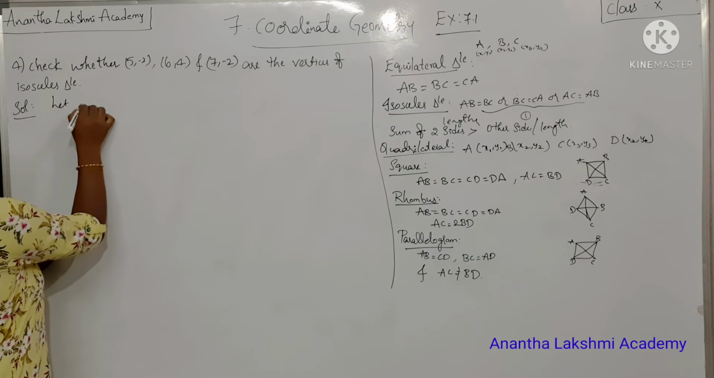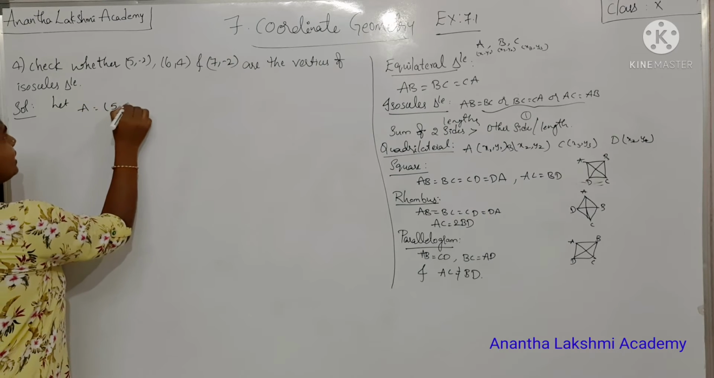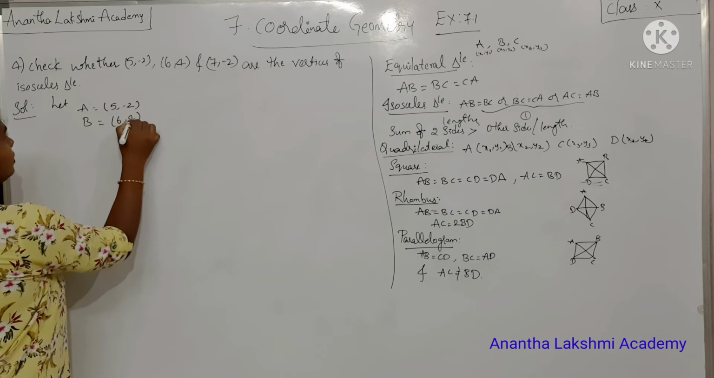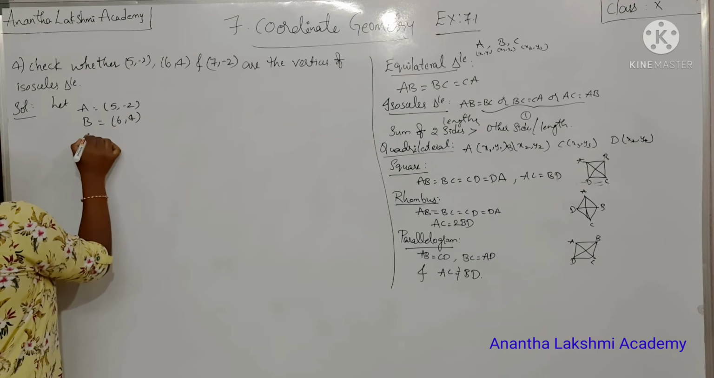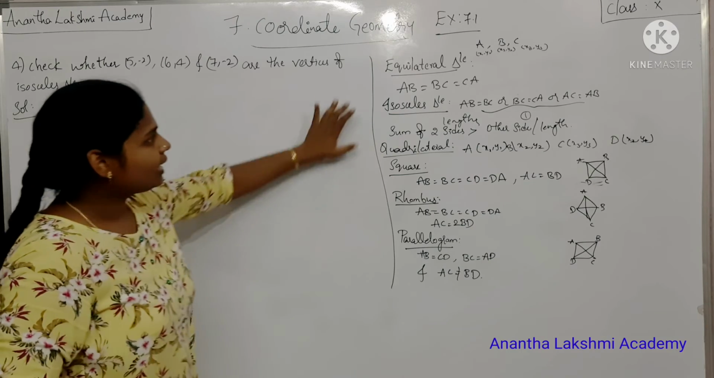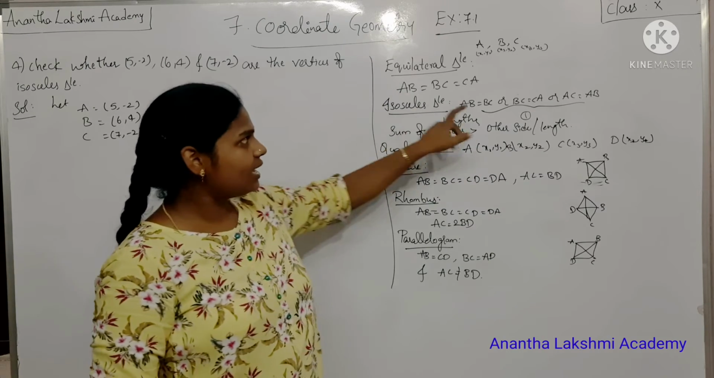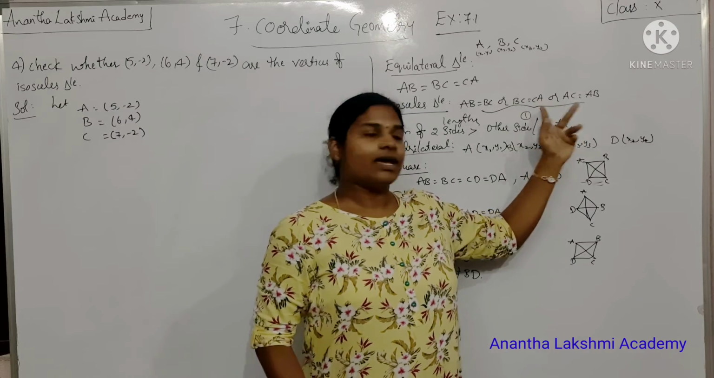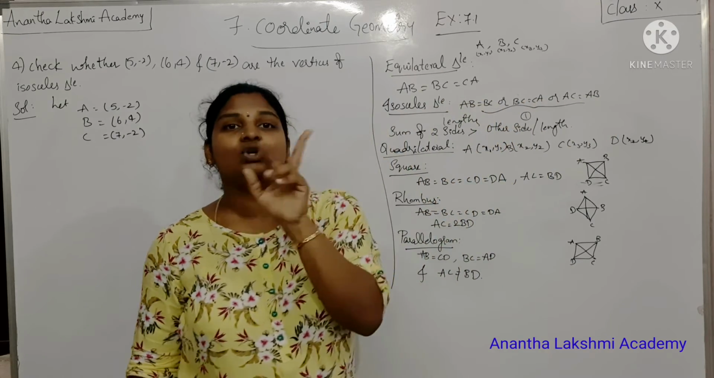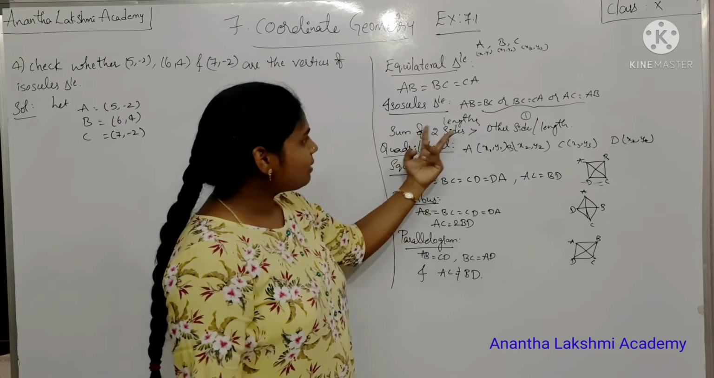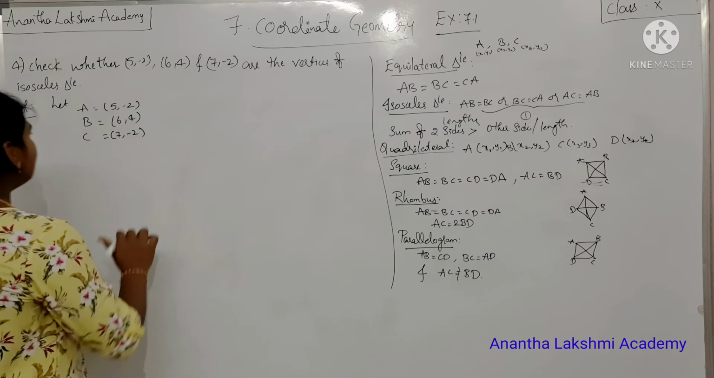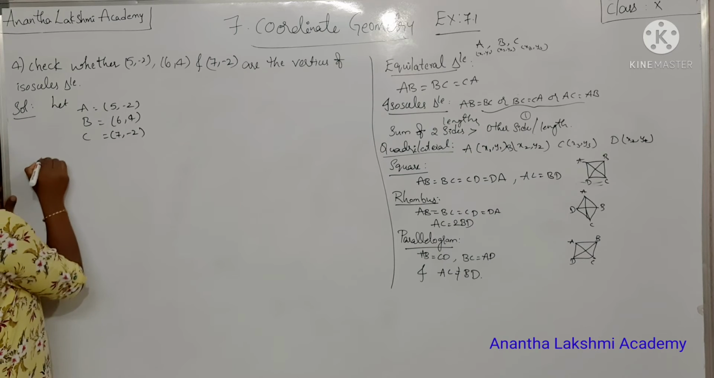Let A be (5, -2). Here we are asked to prove if these are the points or the vertices of an isosceles triangle. If you look at the right side of the board, what did I give as the conditions for an isosceles triangle? Either of these three conditions should be matching, like any two sides should be equal and the sum of the two lengths is greater than the third length. Okay, for that let us